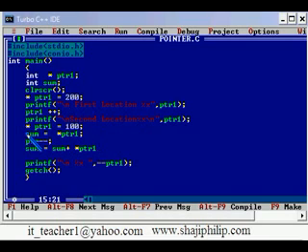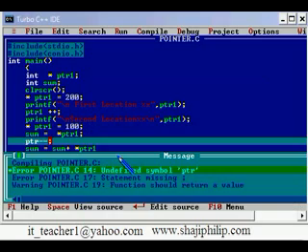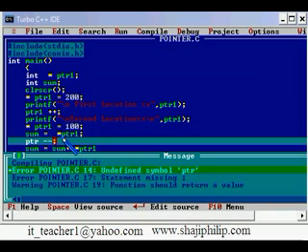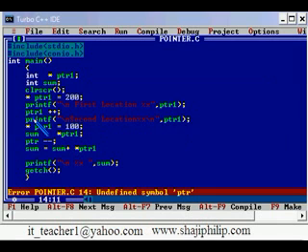And here we are going to print the sum. Let me run this program. There are errors. What is wrong there? ptr1.